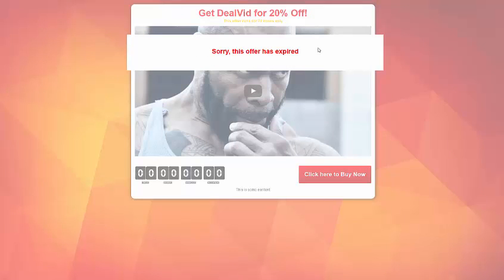So this could be an opt-in form, it could be a video, it could just be text. The page can redirect automatically to a different page. It could be one of your WordPress pages. It could even be another DealVid campaign page that has another offer with a slightly higher price, and so on. The point here is everything can be automated, everything can be done really, really quickly and really, really easily, and with maximum customization. So your customers are definitely going to